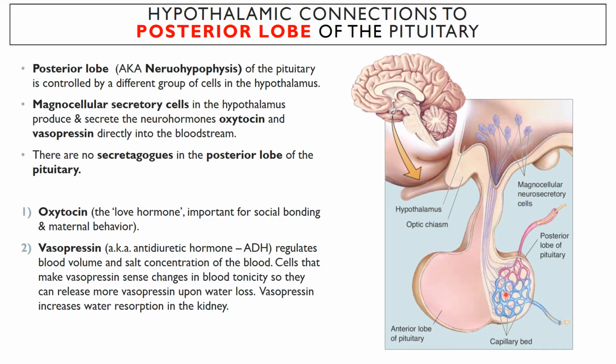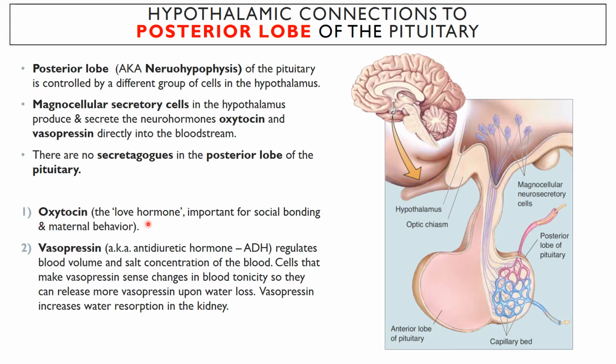The hormones that are released from the posterior pituitary are oxytocin and vasopressin. And they get released directly into a capillary bed in the neurohypophysis and then sent out to the bloodstream directly. So there's no middleman exchange in the median eminence/infundibulum. There's no transfer, and there's no secretagogue here. It is just neurons releasing these factors, oxytocin and vasopressin, directly into the bloodstream in the posterior pituitary. So a pretty straight shot.